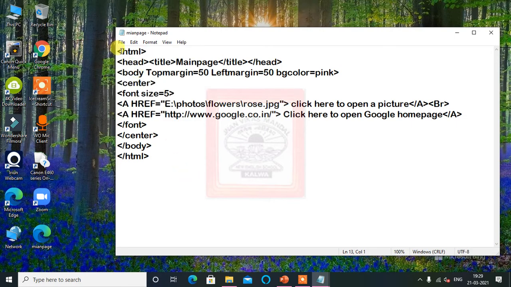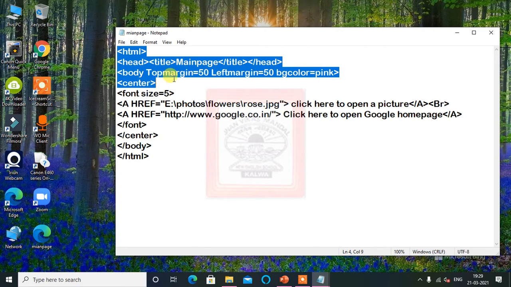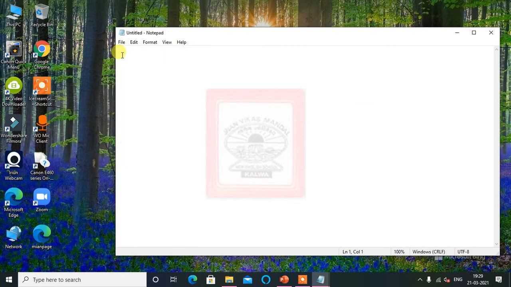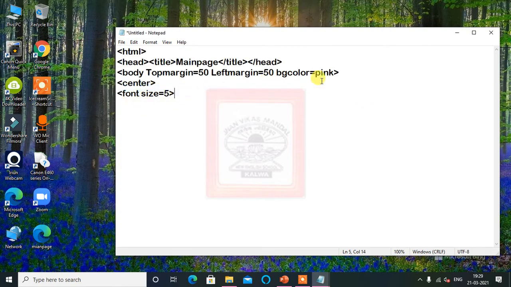From that I will copy this one first, and now I will open new, and I will copy paste here this color. I will give here yellow. So this is the new second web page, and this is the second page or link.